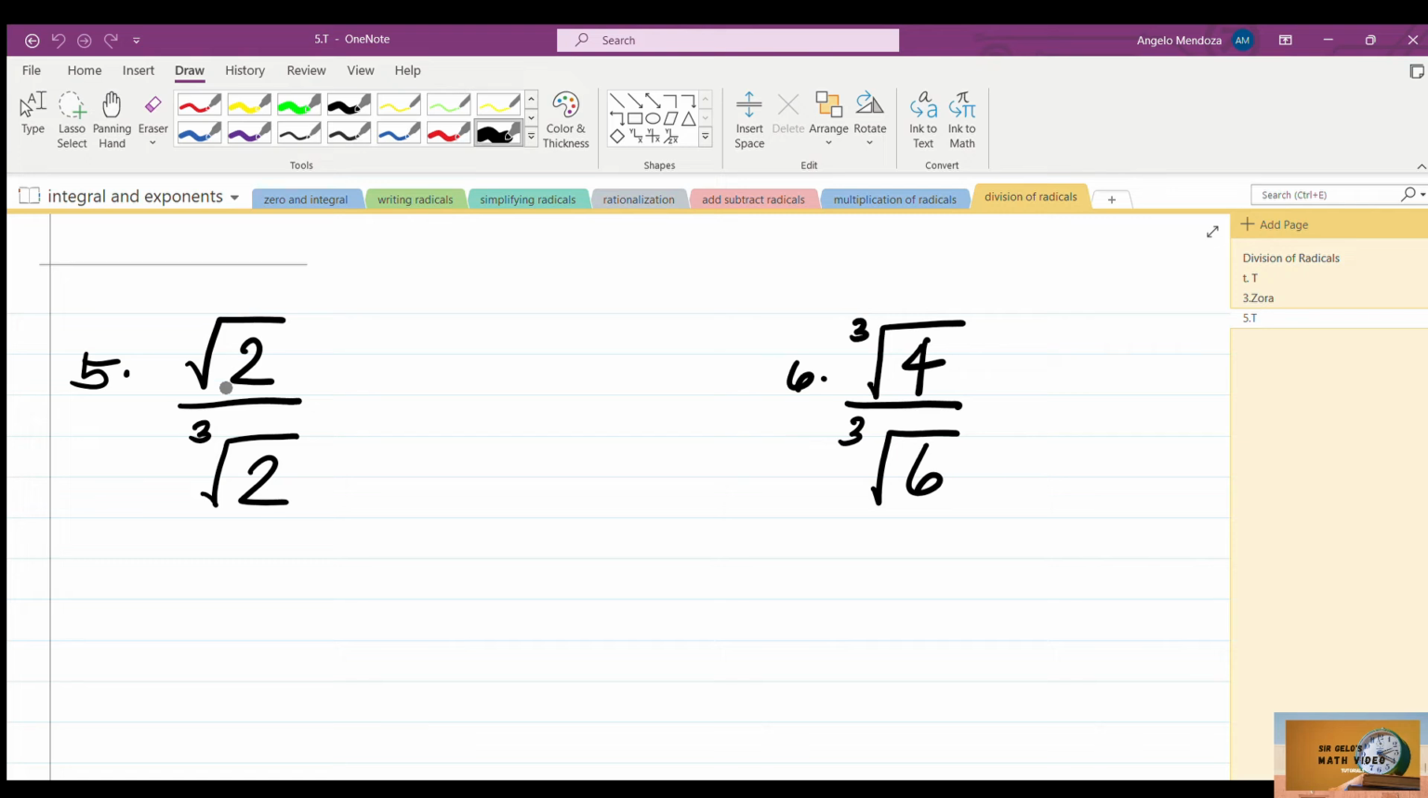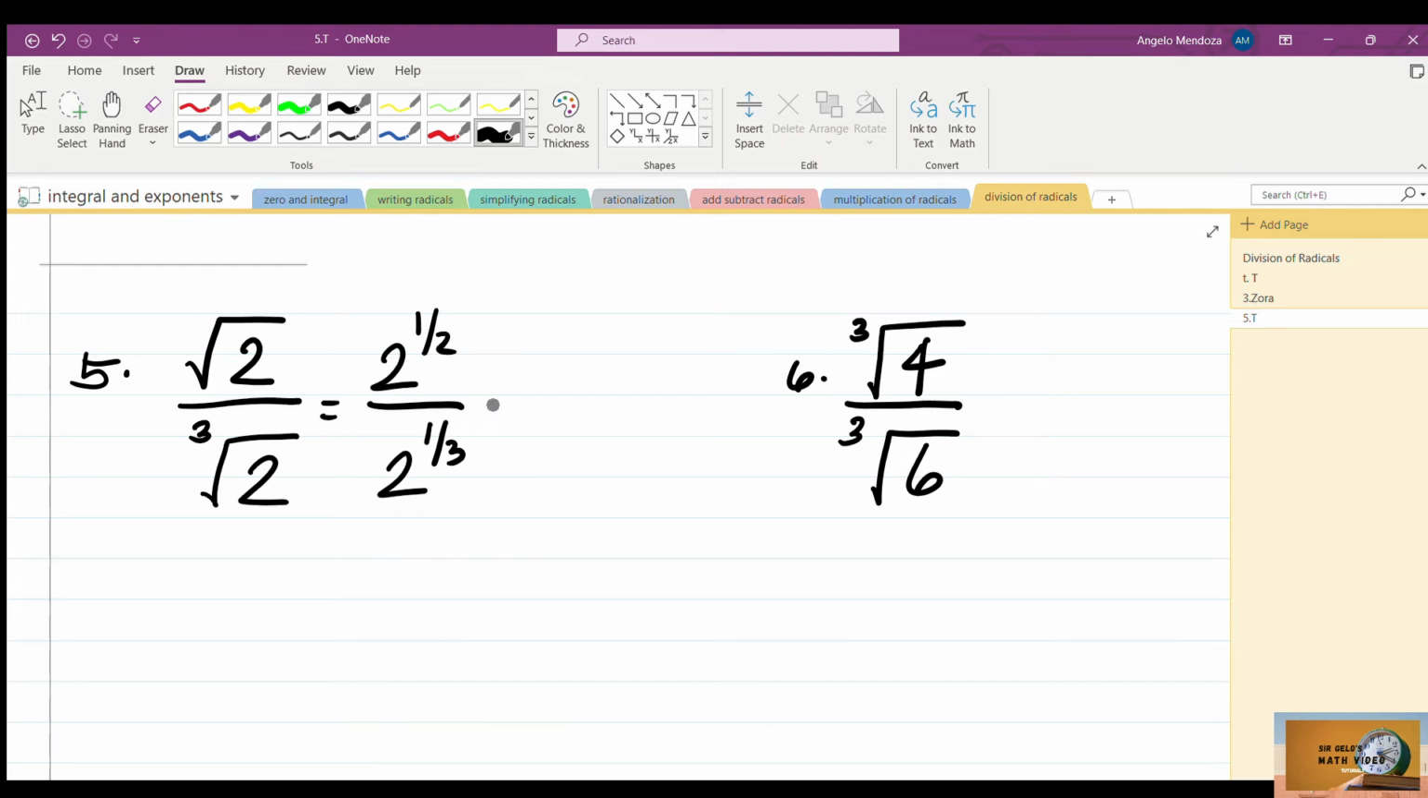So we have square root of 2 divided by the cube root of 2. The first step here is we transform the radical into a fractional exponent. So you have square root of 2, that's 2 raised to 1/2, over, for the cube root of 2, that's 2 raised to 1/3. Okay,